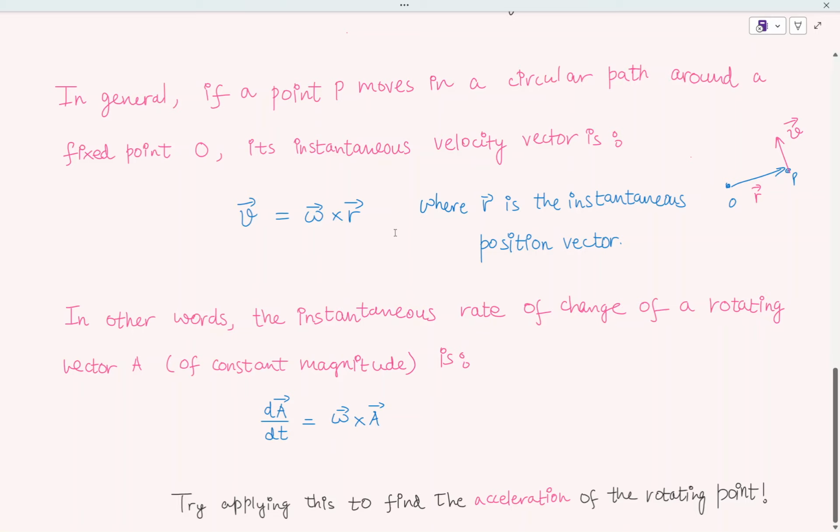So if we have a rotating vector A whose magnitude remains constant, it's nothing but the exact same thing put into another language, that if I'm not talking about the point P over here, I'm talking just about the vector, कि कोई point नहीं move कर रहा है circular path में, I'm just talking about a vector which is rotating. So if there is a rotating vector but its magnitude is constant, then its rate of change at an instant, which is dA by dt, can be written as the cross product of its angular